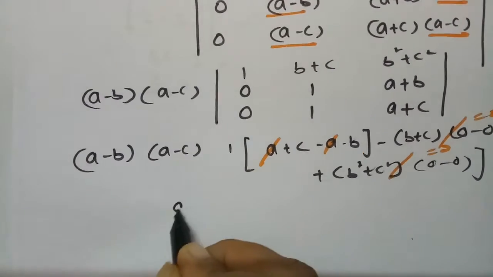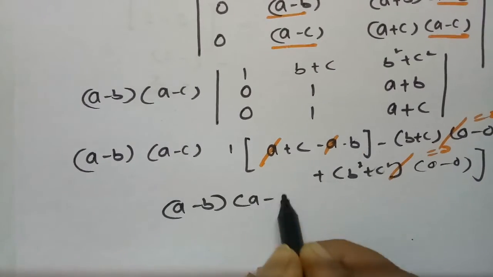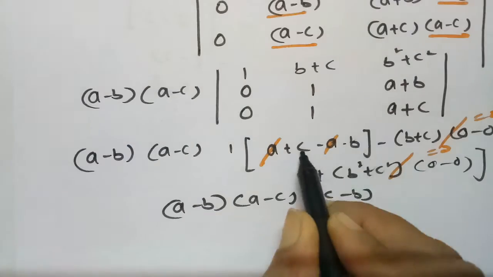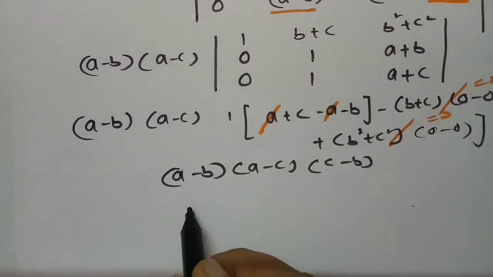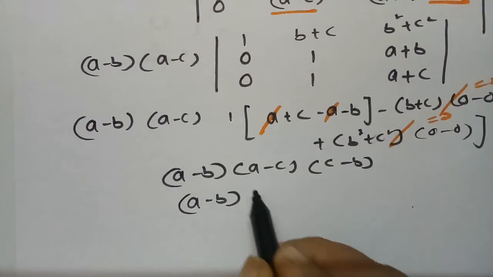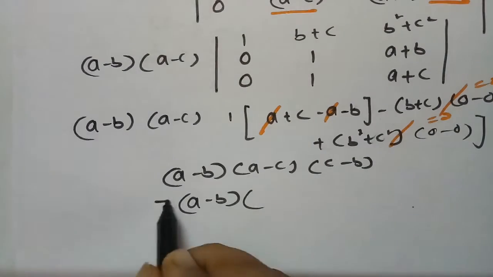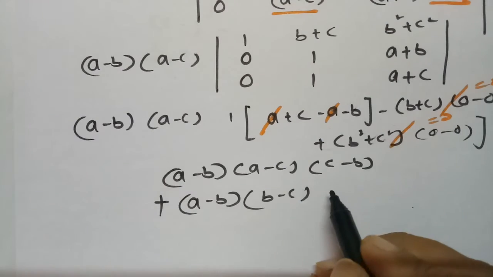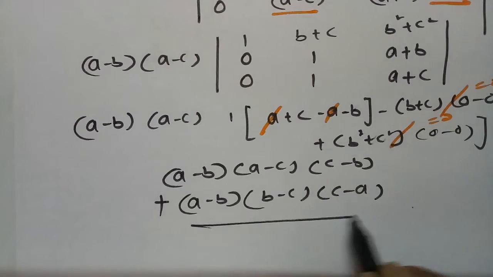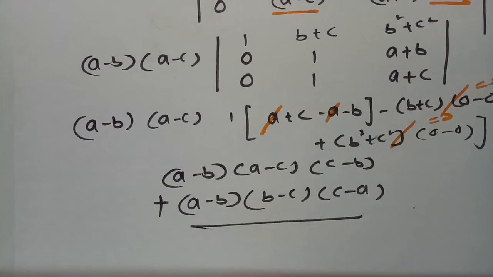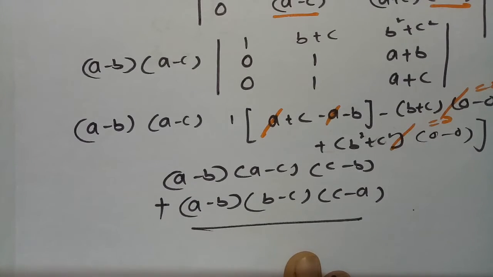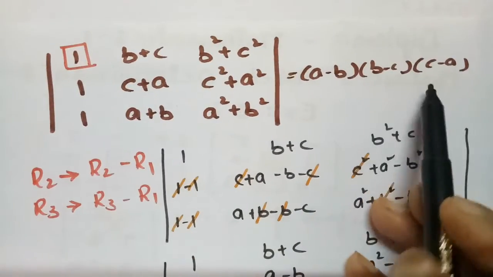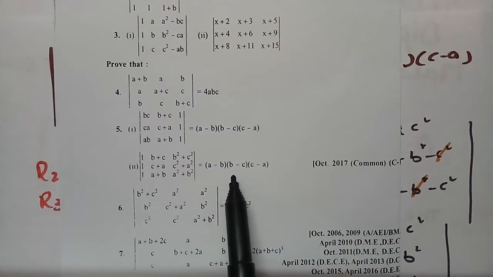And this will be a minus b. So this is a minus c, and this is c minus b. Now a minus b is okay. So b minus c. So I have to take minus common. This will be b minus c. If I take minus common, again minus of minus plus, and this will be c minus a. And this is the determinant value. See here, this value will be the determinant value, and this is what was asked in the question to prove, and this is the determinant value.